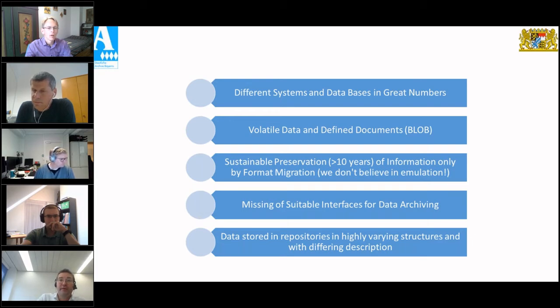This tool will be installed in a test environment in the next weeks and should be set in use by the end of the year. The basis here is an archival client system that has been developed in 2017 in order to transfer data from the Bavarian SAP human resource system Viva in a fully automatized way.